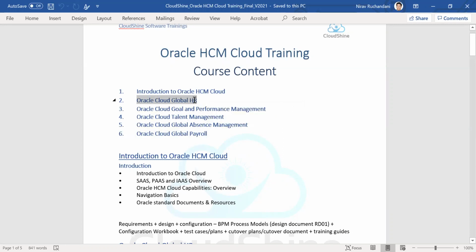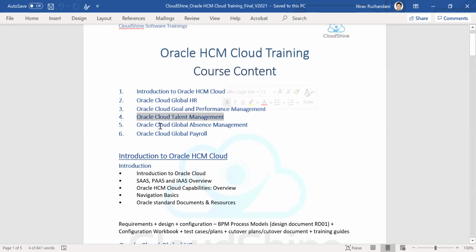So we will have global HCM, which will talk about the implementation of global HR module, the foundational data that is required for that, how you go about configuring the system, setting up workflows, setting up roles, etc. That will be there as a part of the global HCM work area. We will then have a complete end-to-end functional implementation training on goals and performance management. We will then have talent review and succession management, which is called talent management and career development as a part of this particular module.